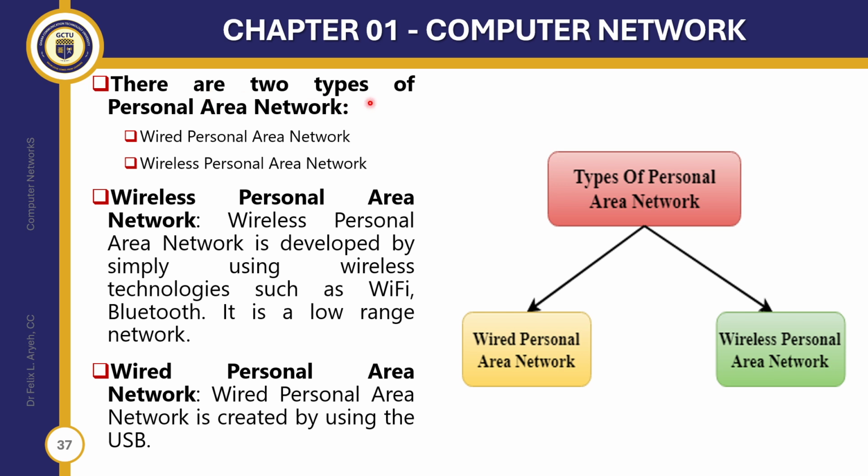So there are two types of personal area network. We have the wireless personal area network and the wired personal area network. For the wired personal area network, the network is created by using USB. And for the wireless personal area network, it is developed by simply using Wi-Fi technology such as Wi-Fi and Bluetooth. It is a low-range network. So the moment they are on our PCs, we can have a personal area network, a wireless personal area network. The moment we activate the mobile hotspot on our PC, we are in the range